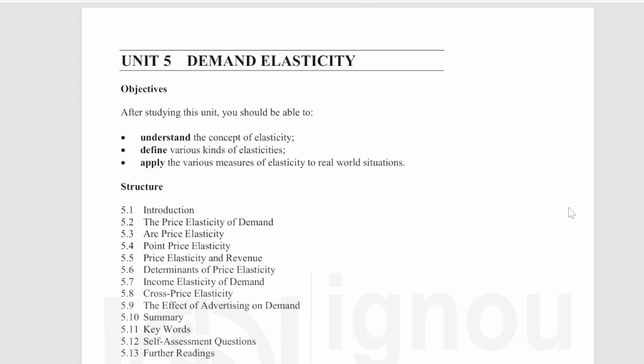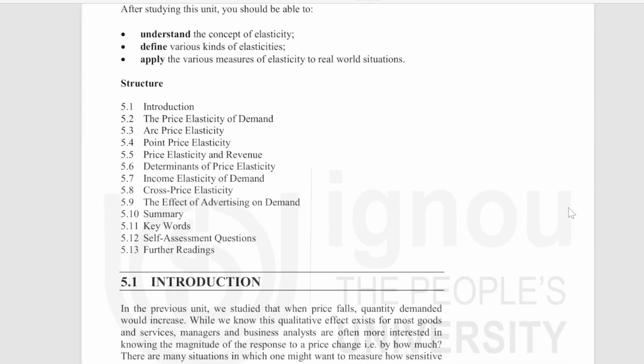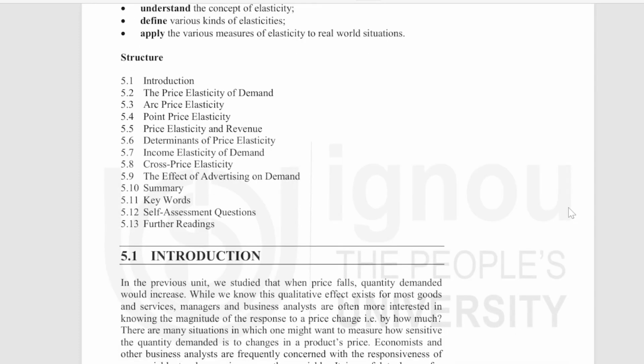In today's session, we will start with Unit 5 of MMPC 010, that is demand elasticity. So, the objectives of this unit are to understand the concept of elasticity, define various kinds of elasticities, apply the various measures of elasticity to real world situations, and the structure is: introduction, the price elasticity of demand, arc price elasticity, point price